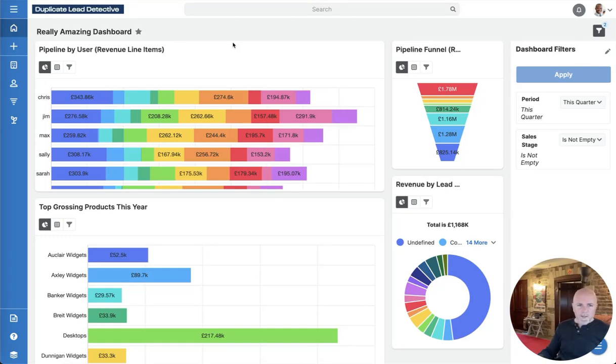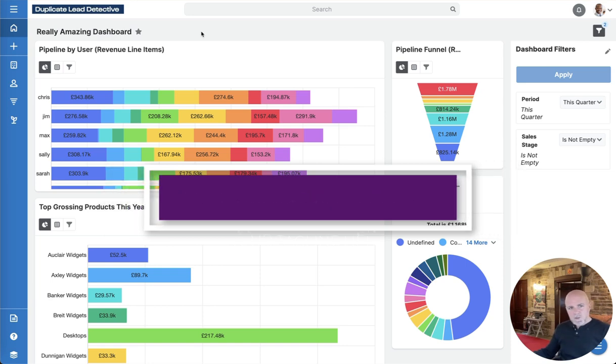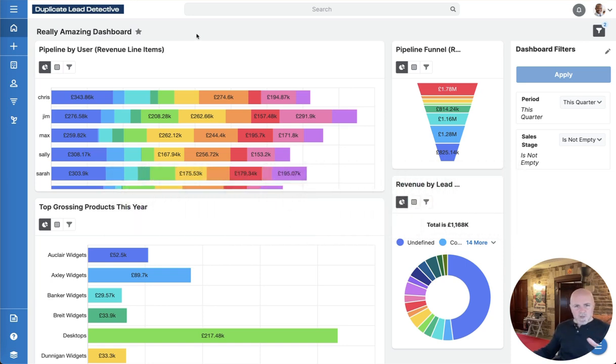So just a quick how-to with SugarCRM. How to share dashboards. Now we all know that inside of Sugar you can create really amazing dashboards. Dashboards are in different locations inside of Sugar, but they're great for being able to embed live data, to be able to visualize the data, to be able to see very clearly any actions or tasks that you need to